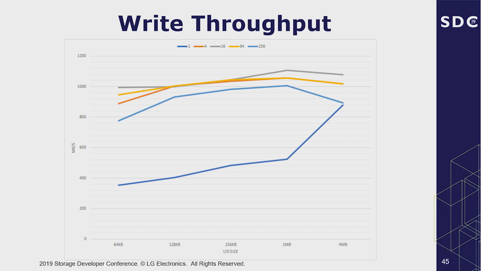And as buffer size increased, throughput also increased. But if the buffer size reaches 4 megabytes, throughput does not increase, because we set the maximum size of write to 1 megabyte, and a 4 megabyte buffer means the number of FIO threads increases. This is the reason why throughput increased with 1 thread and a 4 megabyte buffer size.